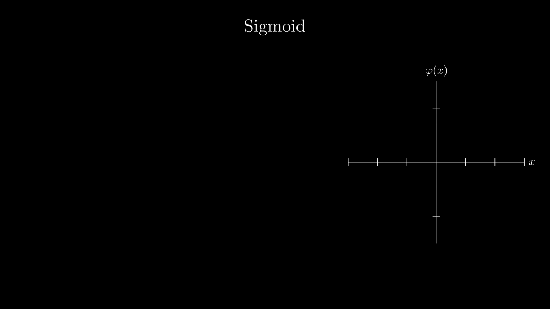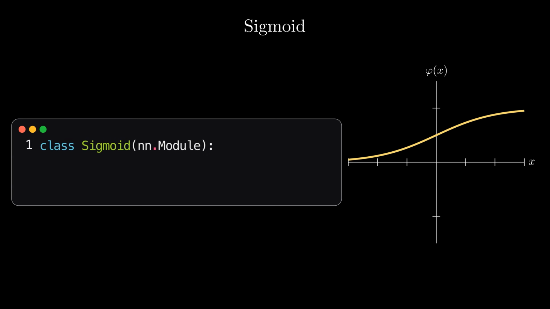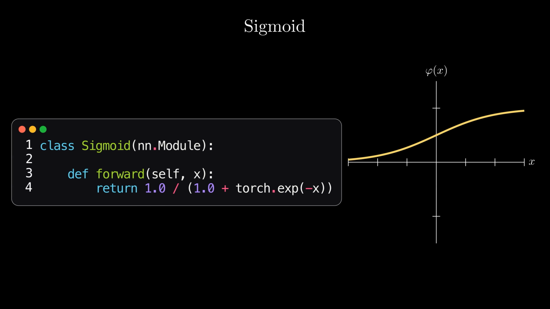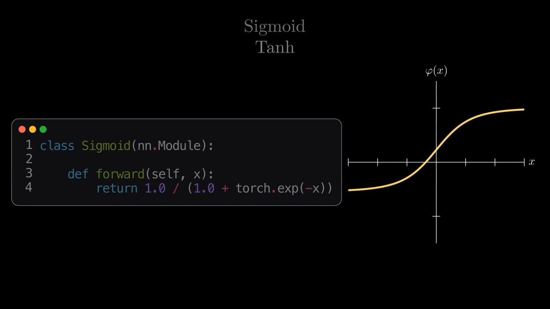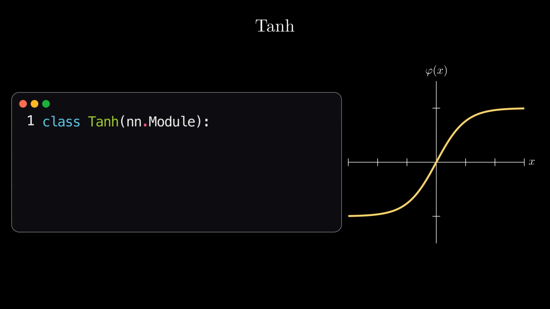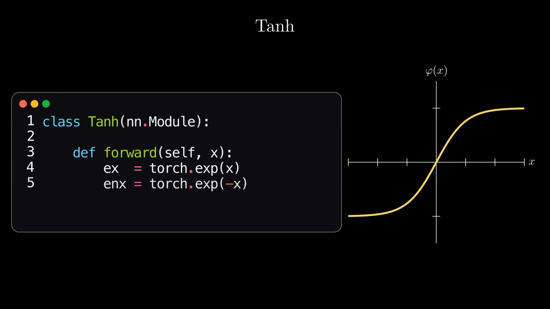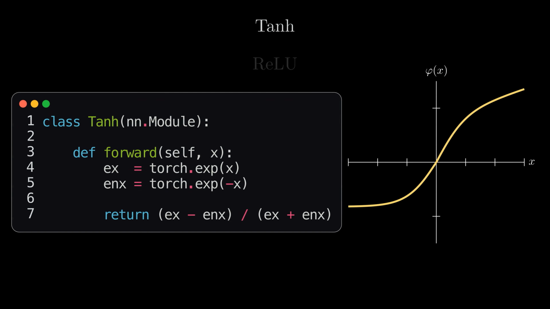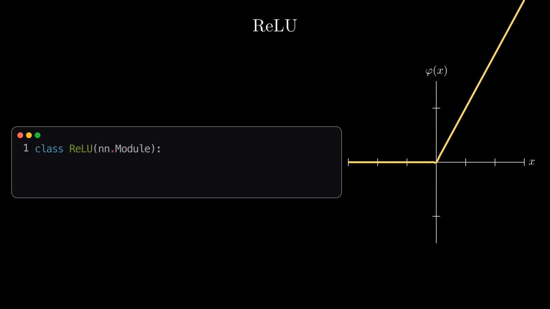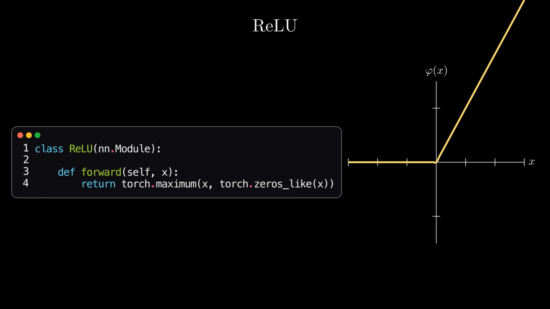The sigmoid activation function is straightforward to implement. For any input tensor x, the sigmoid activation is computed as 1 divided by 1 plus the exponential of negative x. The hyperbolic tangent, or tanh, can be implemented in a similarly straightforward manner. The ReLU activation is computationally efficient. It simply compares each input value to 0 and outputs the maximum of the two,